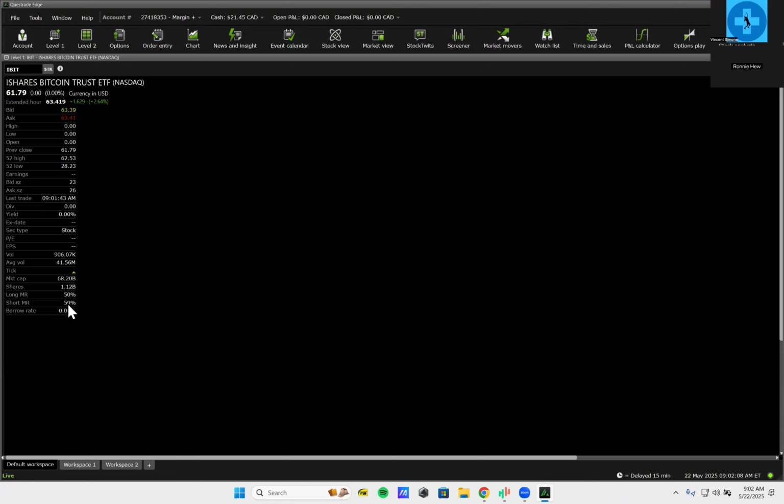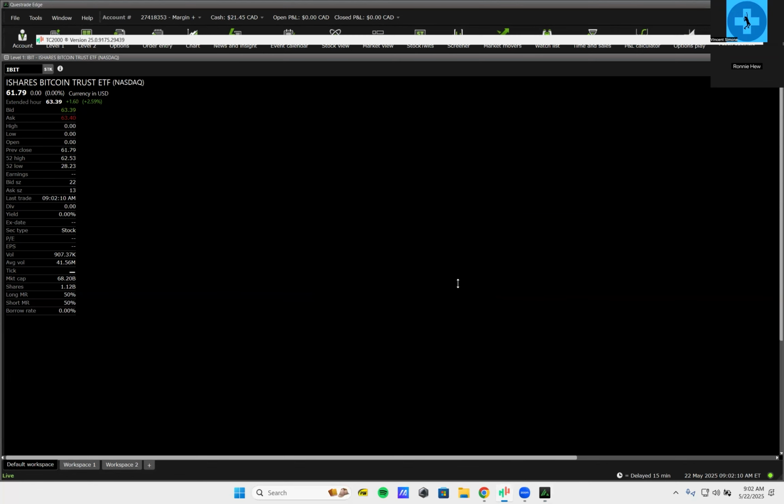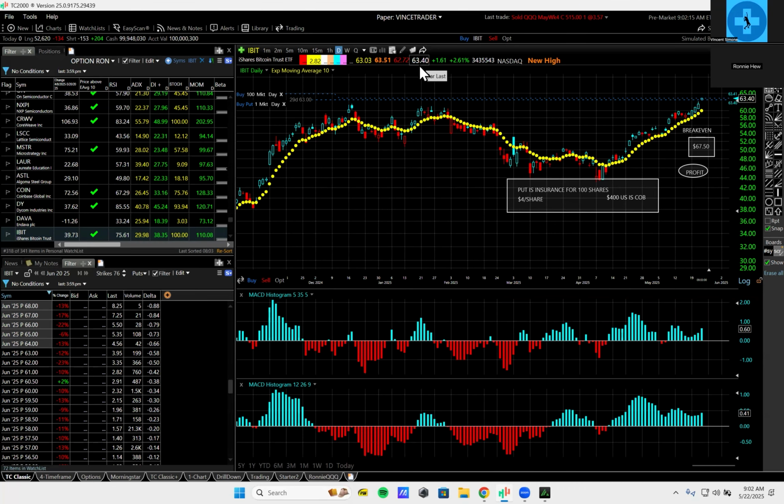So 50% means that you only need 50% down. Say you would normally need 6,340 US to buy 100 shares, you'd only need half of that. Make sure you understand: this is the requirement to buy 100 shares normally, 100 times this number. Half of this number, I'm going to have to do this in my head. Half of this number is this. So this is a good deal, right? You could own twice as many shares as you normally would.